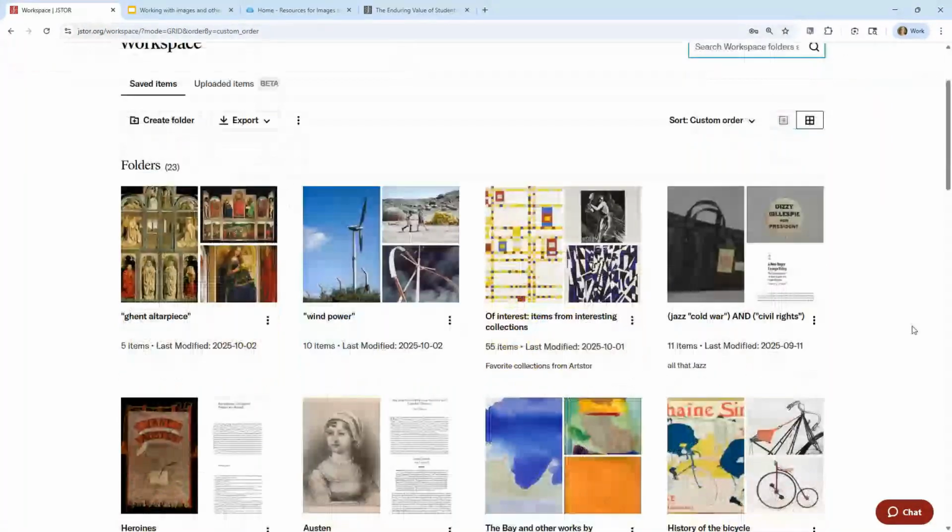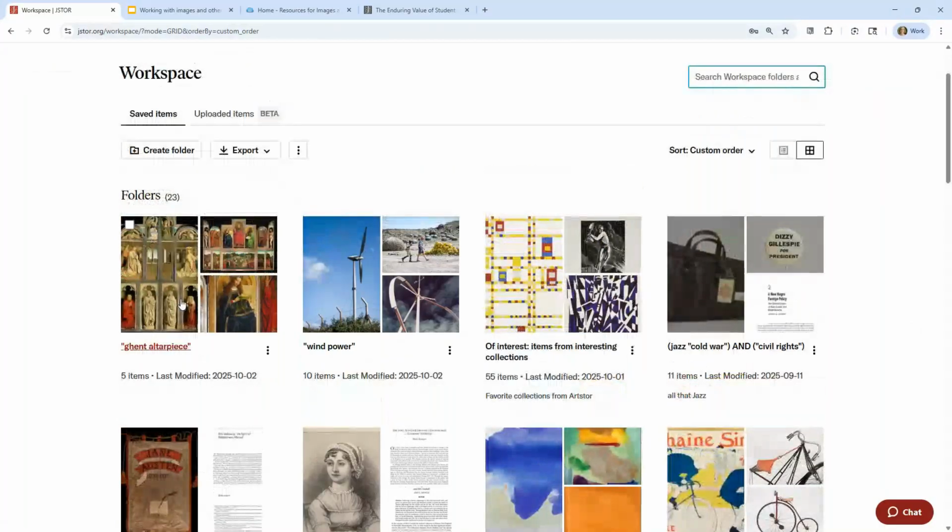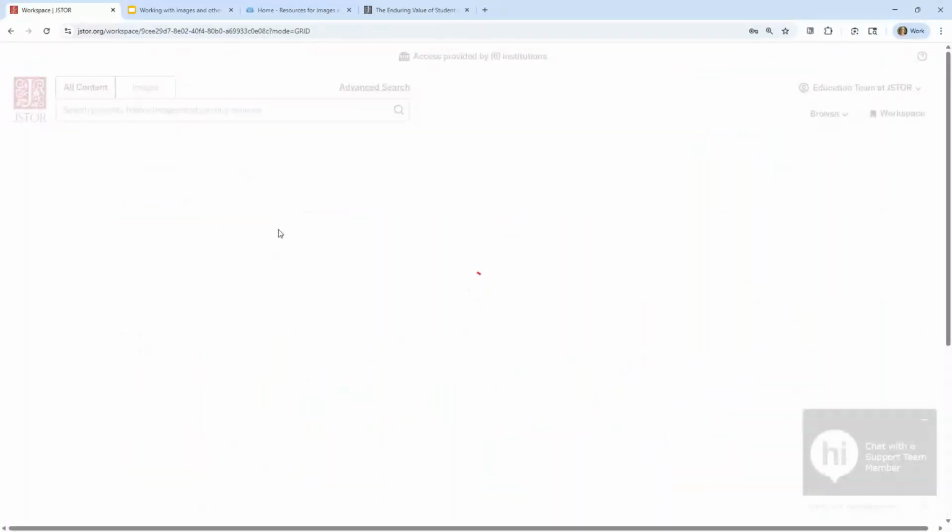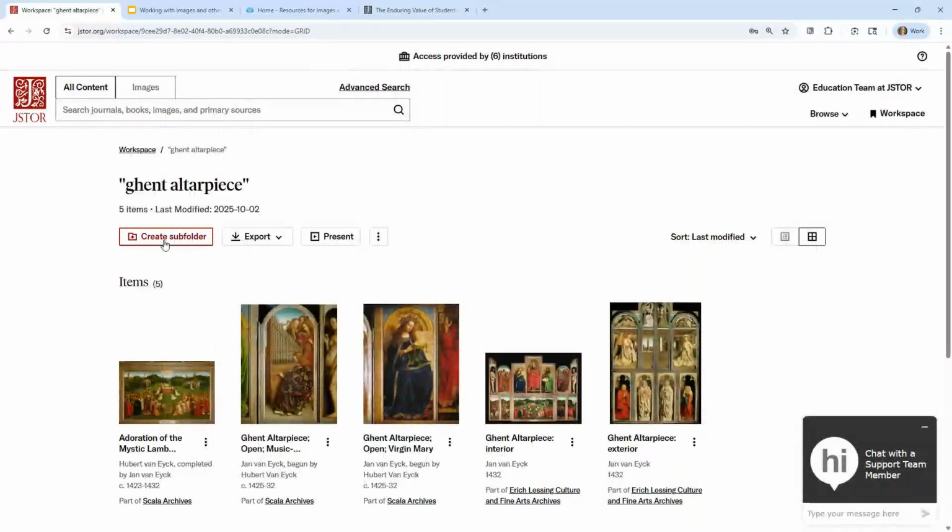Now, I'm going to open up my Ghent altarpiece folder to show you some of the things that you can do. I could create a subfolder here. So say this was my folder for an entire class for a semester. I could create subfolders for every week's worth of lectures if I'd like, and I could create subfolders for the readings for every week. I could even create subfolders for study lists for the students in order to study works by themselves. I can export,